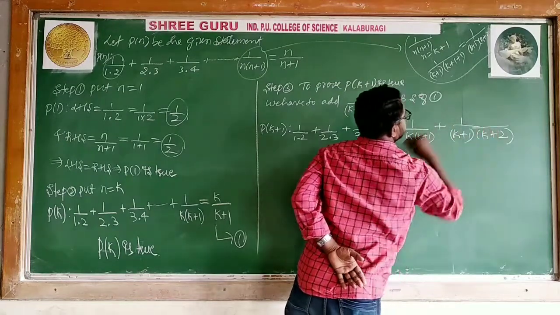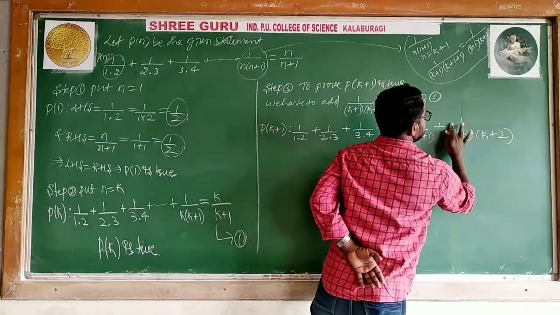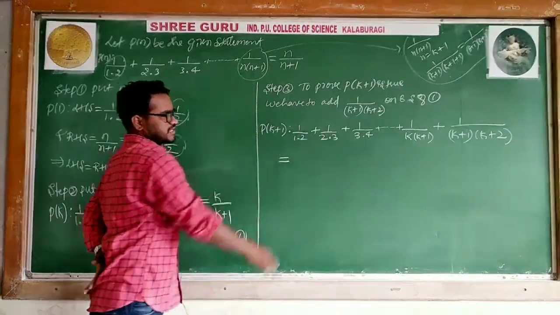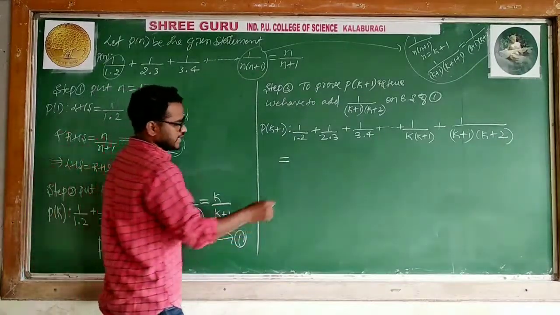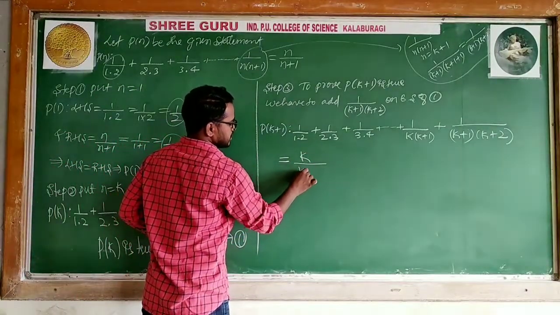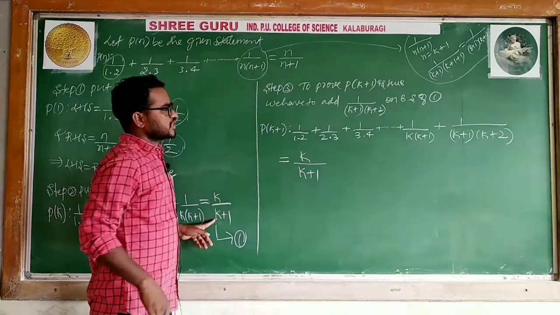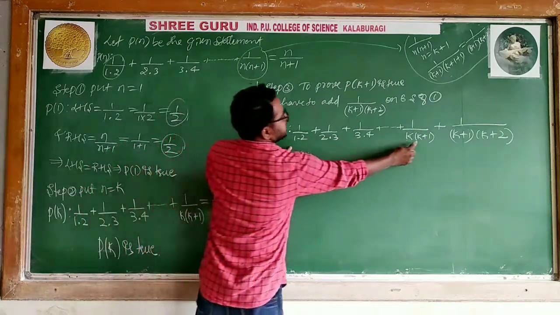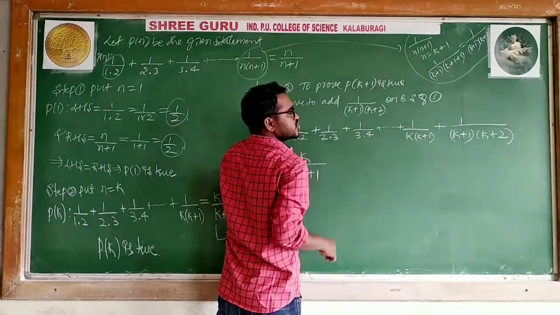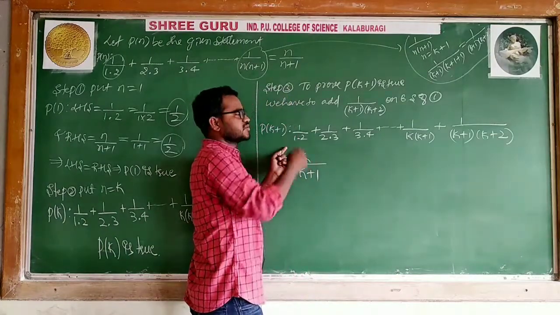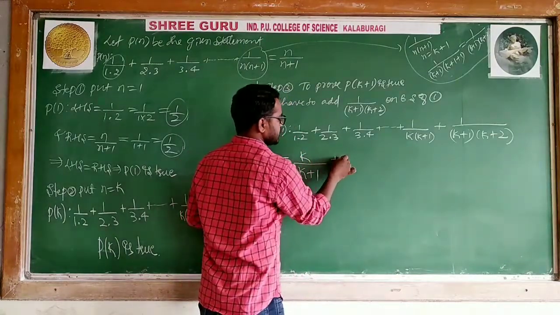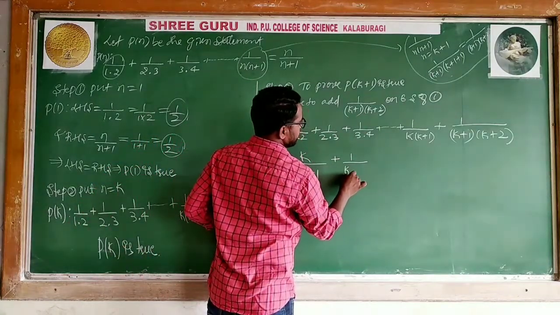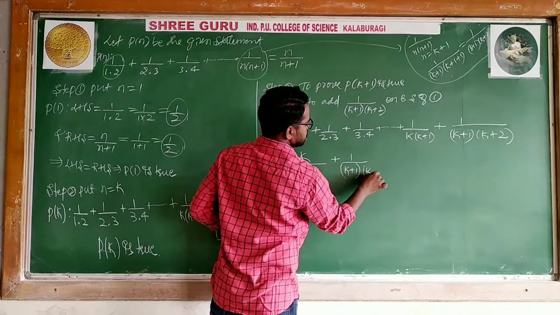This is the LHS side. The RHS side I will write here because I still need to simplify. What is already there is k divided by (k+1). After this addition, we will simplify only the RHS side. Keep the LHS as it is because up to this are k terms, then what we added is the (k+1) term. Means we are proving for k+1 terms. Plus what we have to add? The same, 1 divided by (k+1)(k+2).